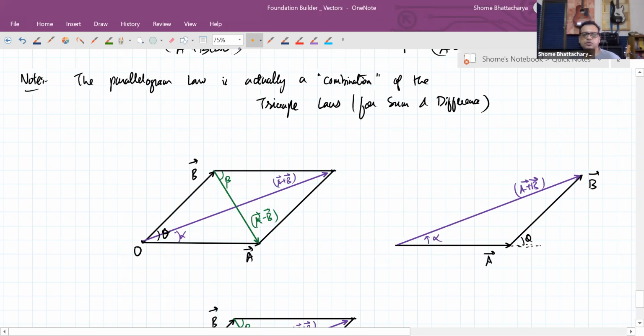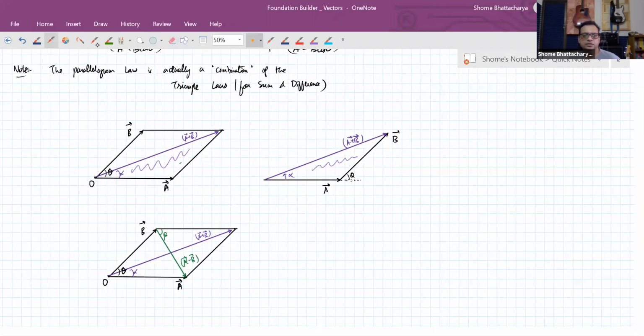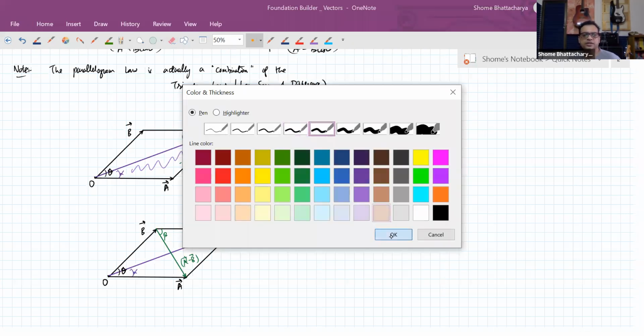Now if you see, this triangle is already contained within this parallelogram. If you just for a moment concentrate on the primary diagonal, forget about the secondary diagonal, you can see that you already have this one. This triangle is nothing but this triangle. So it's the same triangle. And similarly, if you construct the difference triangle, the one that we learnt just a few minutes back today, you will see that triangle is also contained within the parallelogram.